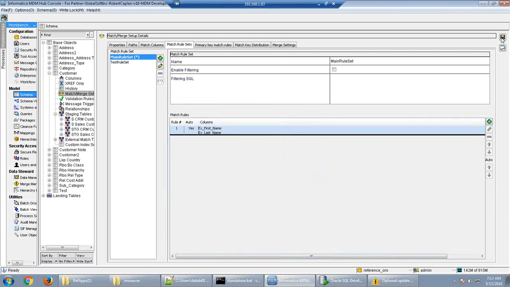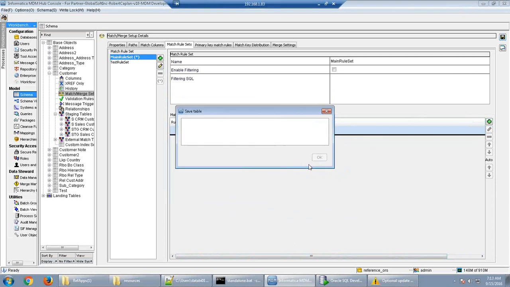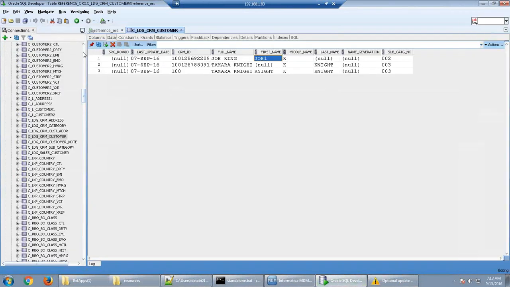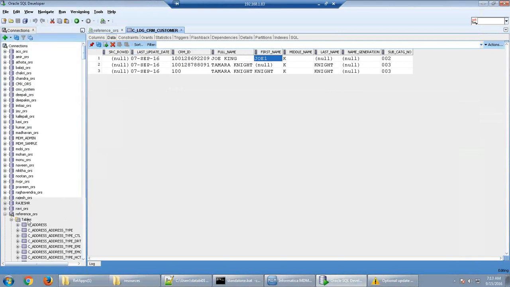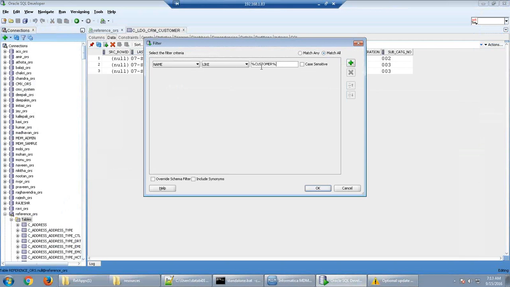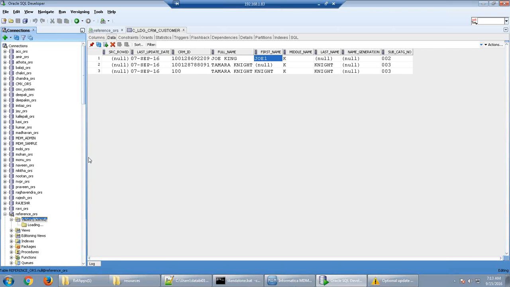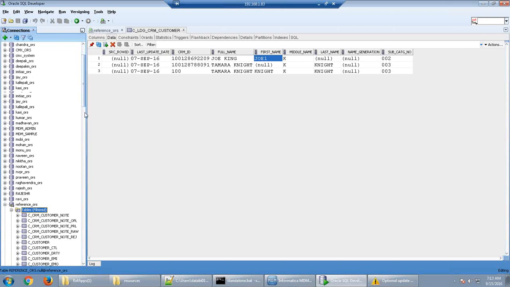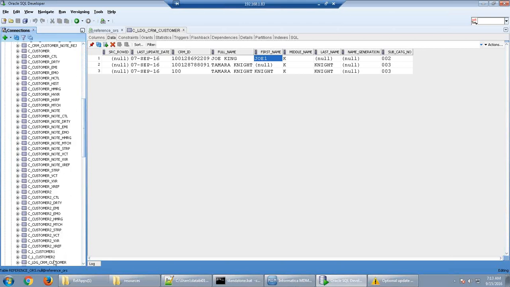So only one rule is there, based on the first name and the last name. Okay, so this is the landing table here.